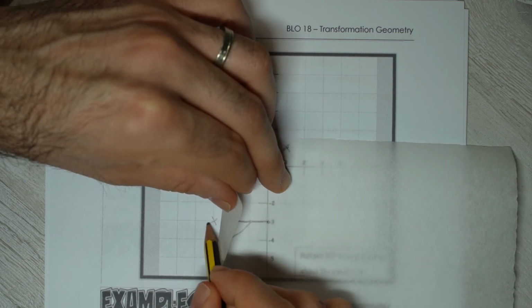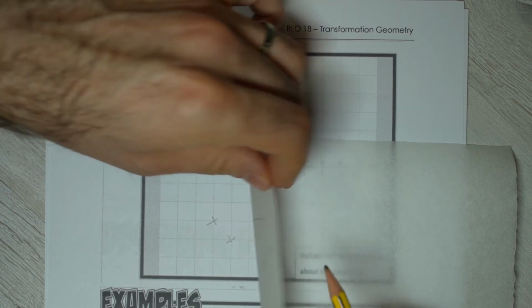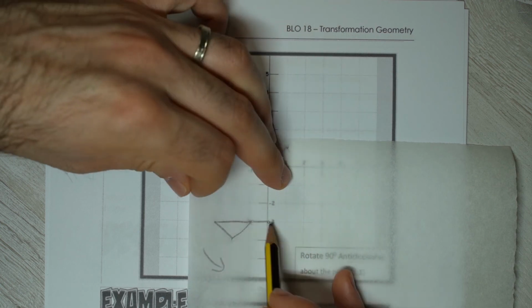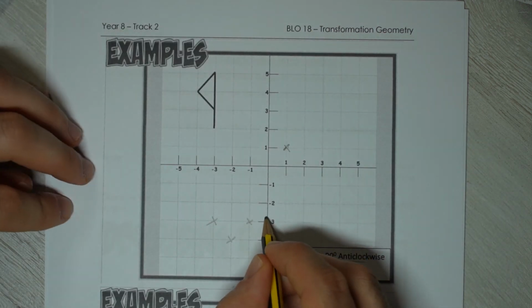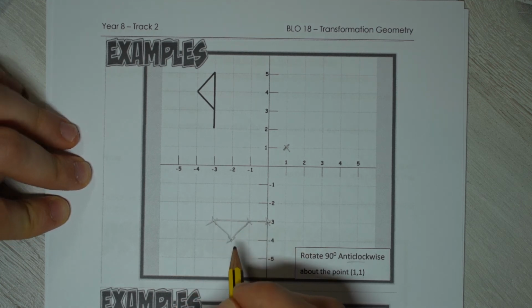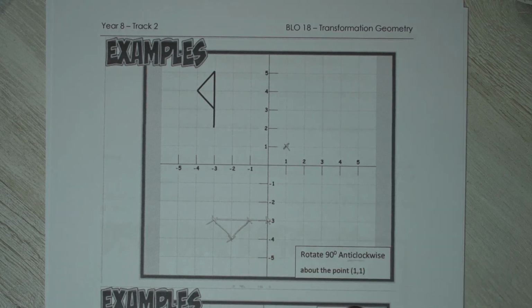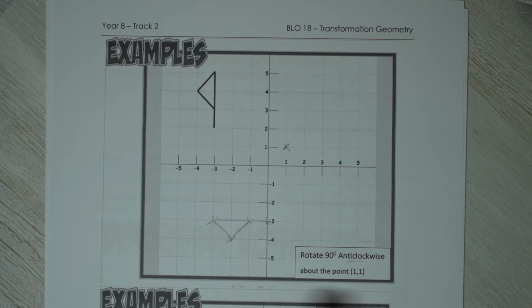So this is the point. Okay, this is another point here, and I know that we have another point over here, and then we join like so. Okay, so that is how we draw rotations. Back to our PowerPoint presentation so that I can show you how we identify and describe